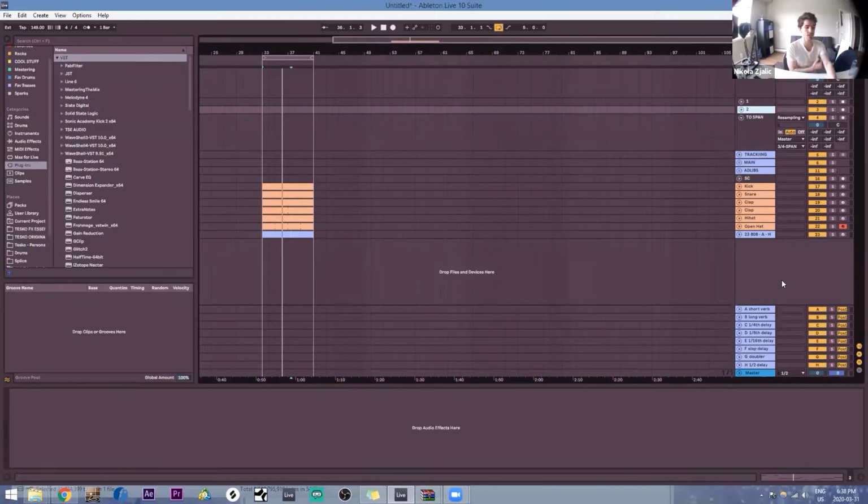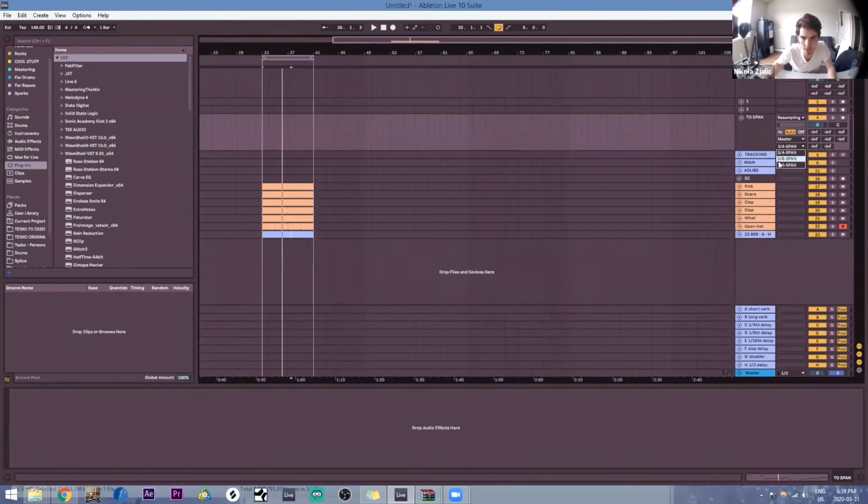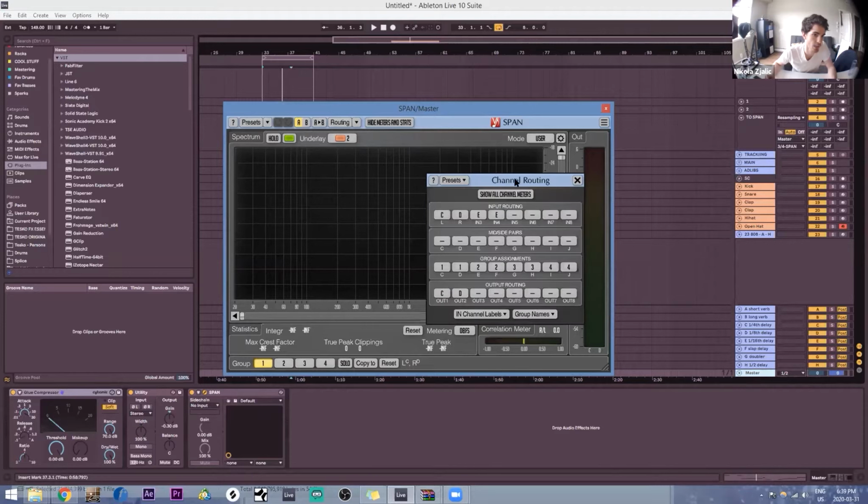And so I'll pull in a song and I'll be like, okay, overall, I like the grandeur of the delivery of the hook in this one. And then I like the way the vocals sit with the synths in the verse of this one. And so on. I'll find different characteristics of these songs that I like, pull them in, and then on Span, if you set the output, there's multiple, but just the first one, 3, 4, and then you go here into Span, you select group 2 as an underlay, you go into the routing.